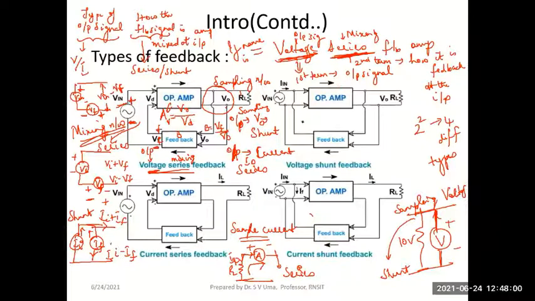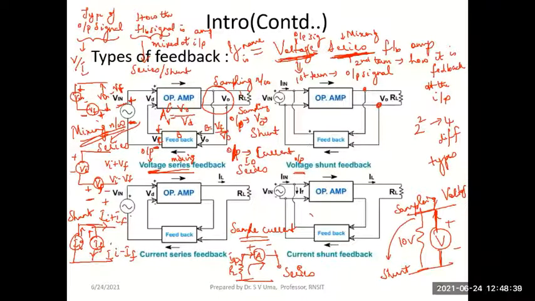We'll see one more category, voltage shunt. In voltage shunt, what happens? What should the output signal be? Can you tell me fast? Voltage. The output signal should be a voltage because the first term indicates the output signal. Output is voltage. How will I sample a voltage? In shunt. If I have to take a sample of the output voltage and give it as input to the feedback network, I should make a shunt connection at the output, as you can see here. This is a shunt or parallel connection.